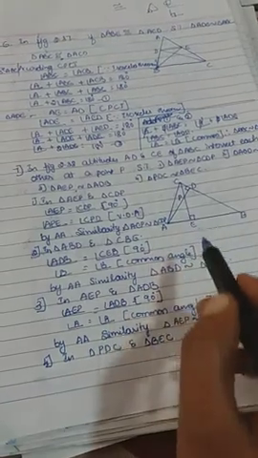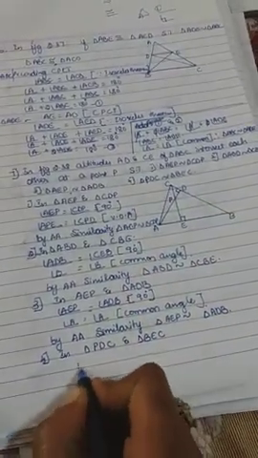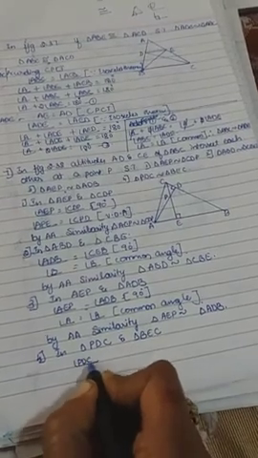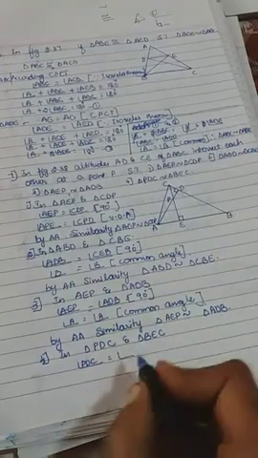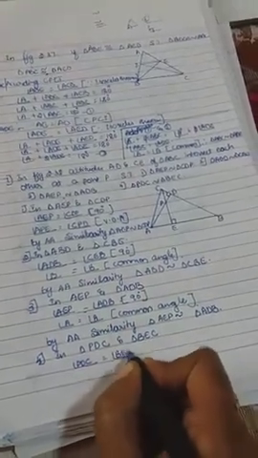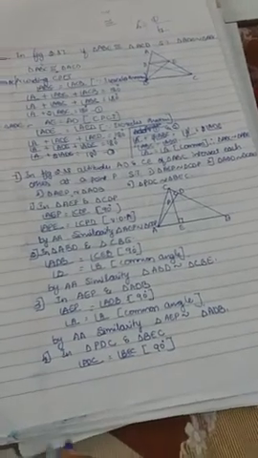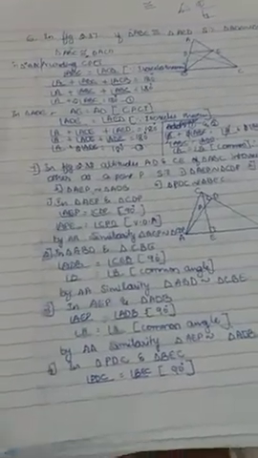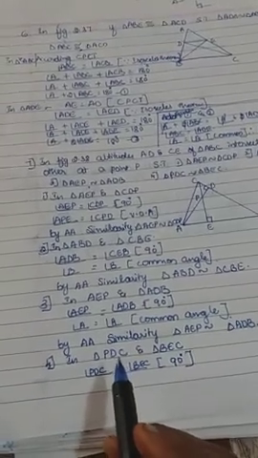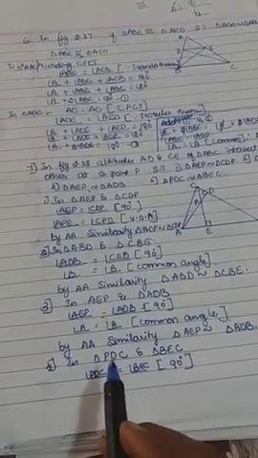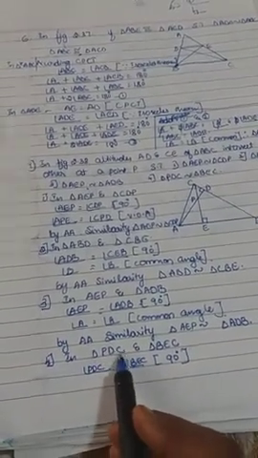So which angle? We can take that PDC only. Angle PDC equals angle BEC, which is 90 degree. Both are 90 degree, and 90 degree means right angle. And you have to check the common. Any common letter that is there, we can take; if it is not there, we have to search. Yes, we have to check that a common letter is there.